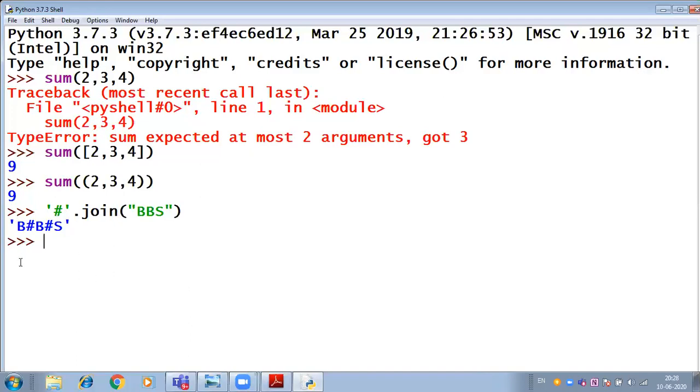Then one more example you look. If here I put 3 asterisks in this way, dot, and then here I use join, and if here I write any string, let it be BBS again, and if you press enter, you will get 3 asterisks in between every letter, every character, due to this join function, right? So again, you can simply check here. I'm not importing any library. I'm using these functions directly in my application, right?